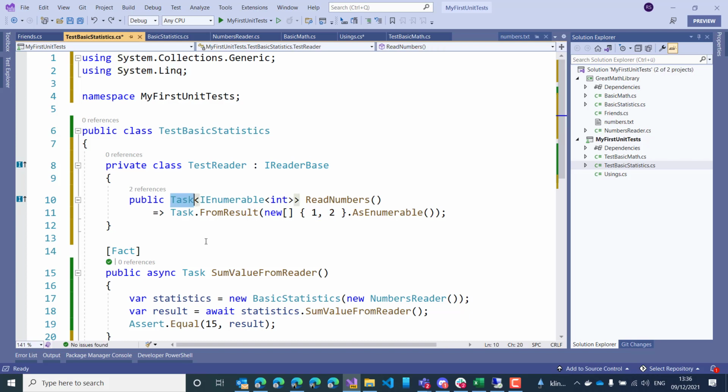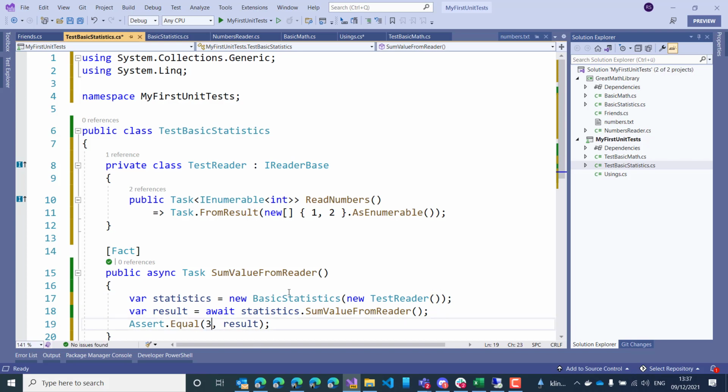And because it needs to be a task, what we return, we say at the left-hand side, Task.FromResult. So this is a kind of recipe that you can use in all those cases. You say Task.FromResult, and with that you generate the test reader. It's also often referred to as a mock object, and in our case it returns the IEnumerable using the AsEnumerable. With that done, we can change our integration test into a unit test by changing the reader to a